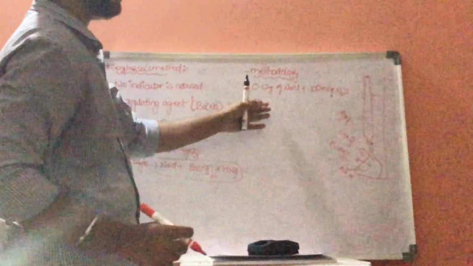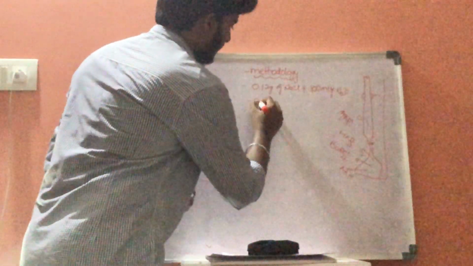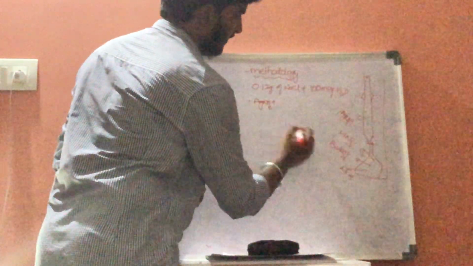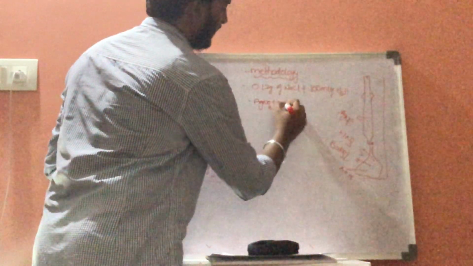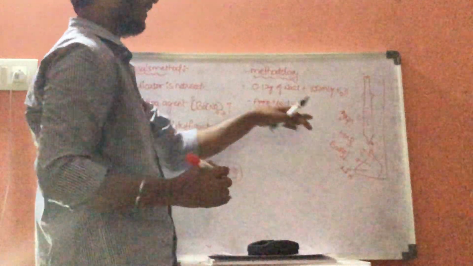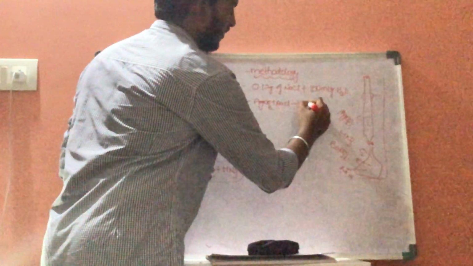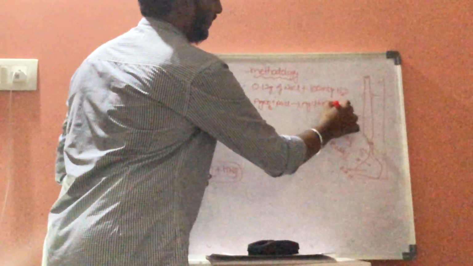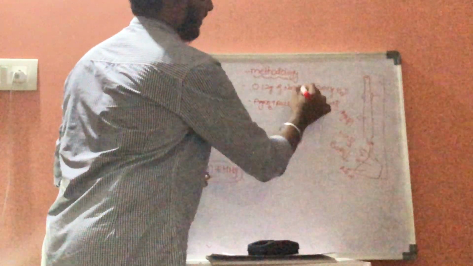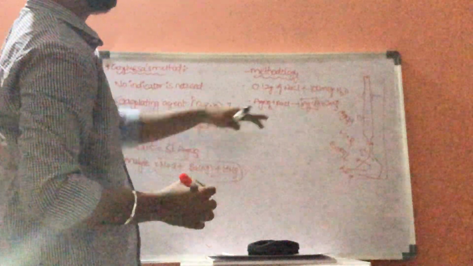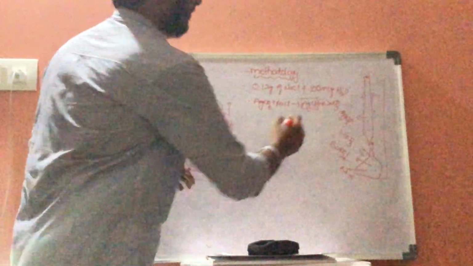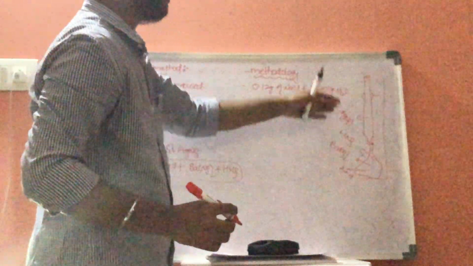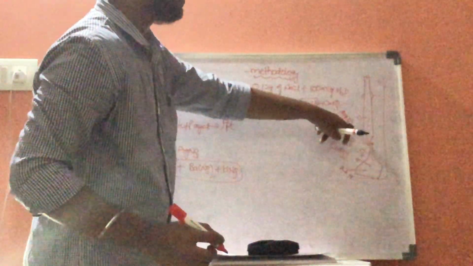conical flask. As a result, the silver nitrate will react with sodium chloride. As a result, it results in the formation of AgCl plus sodium nitrate. AgCl and sodium nitrate. This is the first precipitate which is formed.